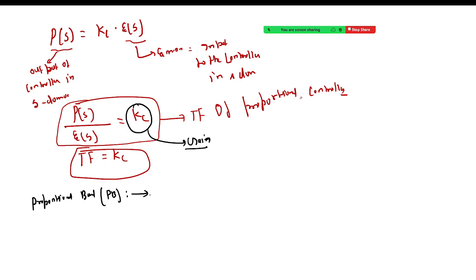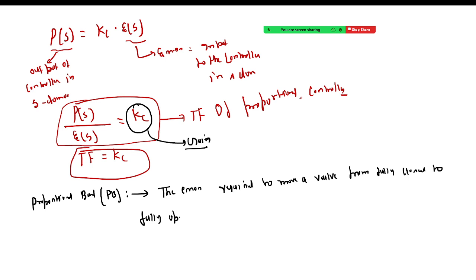So the PB, that is proportional band, is defined as the error required to move a valve. Already I taught you about the valve yesterday. To move a valve from fully closed to fully open. Alright. Means if there is a valve, yesterday I discussed these things. If there is a valve,